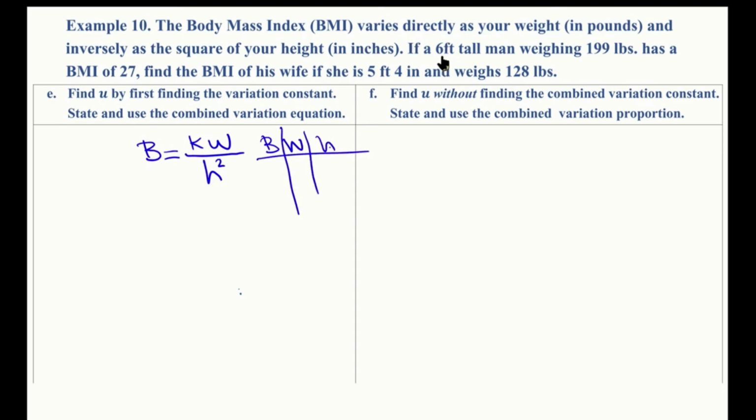Remember, 6-foot tall man, so the height is 6. Weighing 199, so that's the weight. Has a BMI of 27. So now his wife